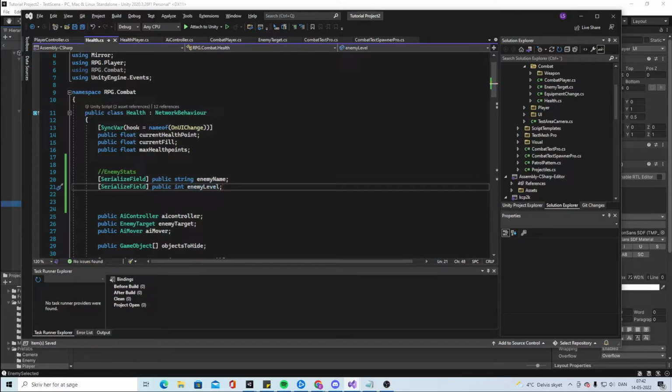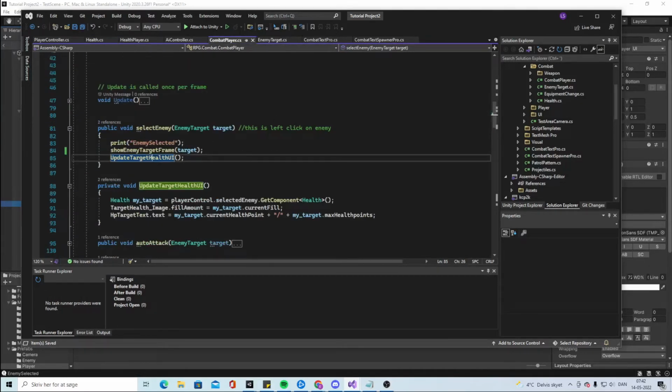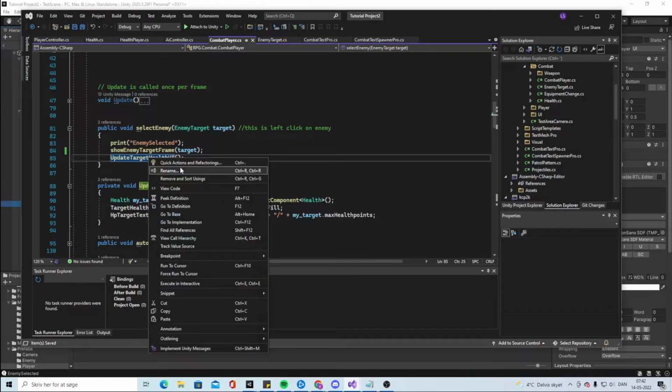And then we go over to the combat player, and inside the update health UI, maybe we should call